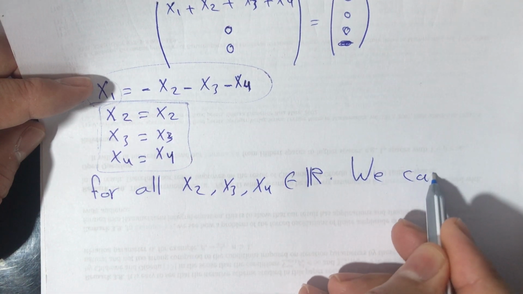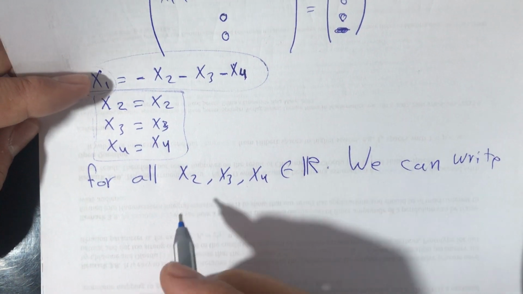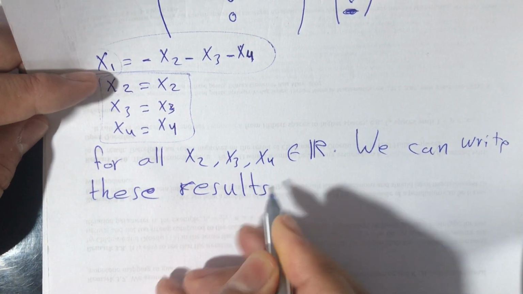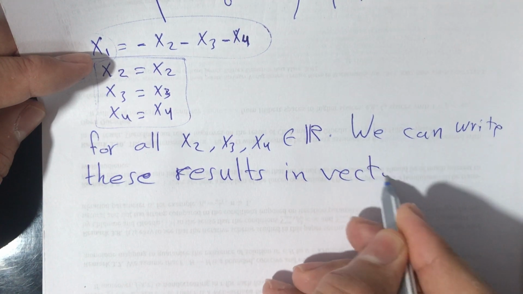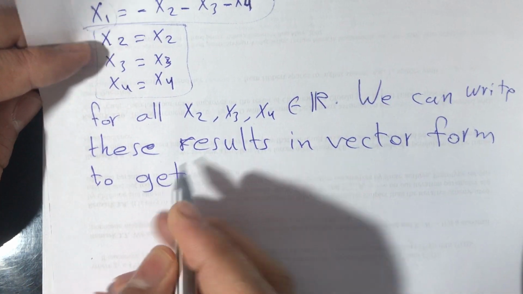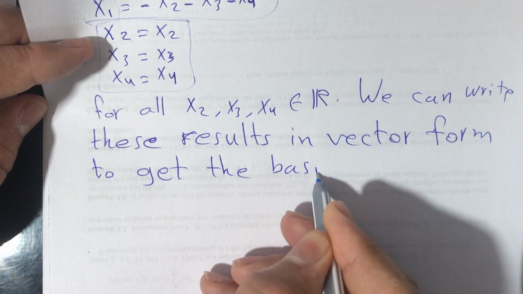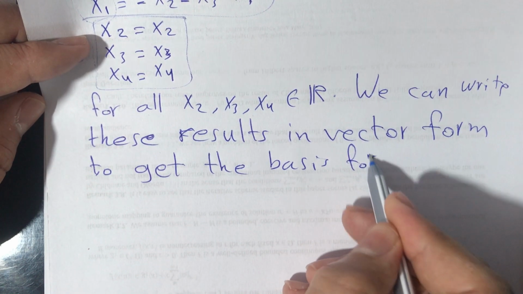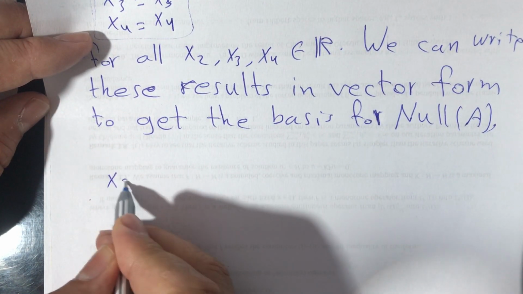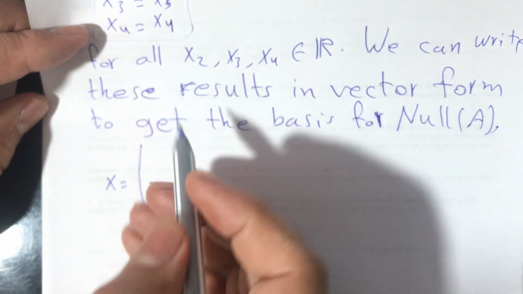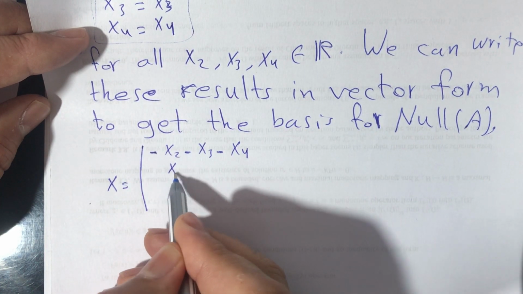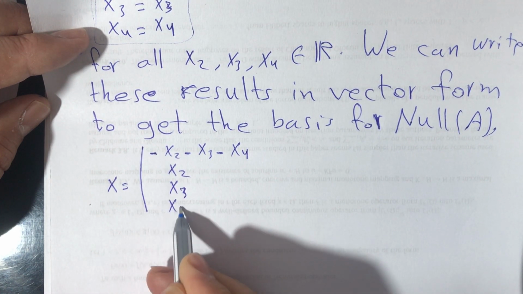We can write these results in vector form to get the basis for null A. x is equal to, this is x1 equal to minus x2 minus x3 minus x4, and x2 will be equal to x2, x3 will be equal to x3, x4 will be equal to x4,